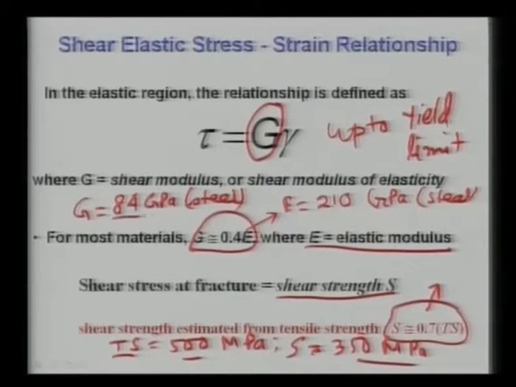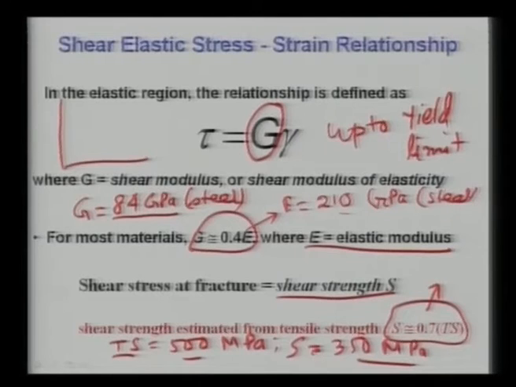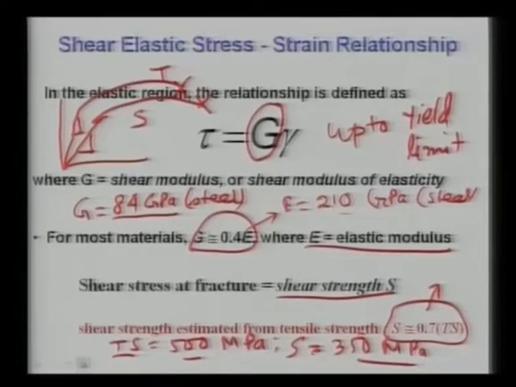And here, when you draw the tensile stress-strain curve, the slope will be much steeper compared to that of the shear stress. If you plot it here, this is the tensile stress-strain curve. Then your shear stress-strain curve would be a little bit flatter, and it will be like this, because the tension slope is much steeper compared to the shear slope, and that is the reason the shear curve will be at a lower level than the tensile stress-strain curve.